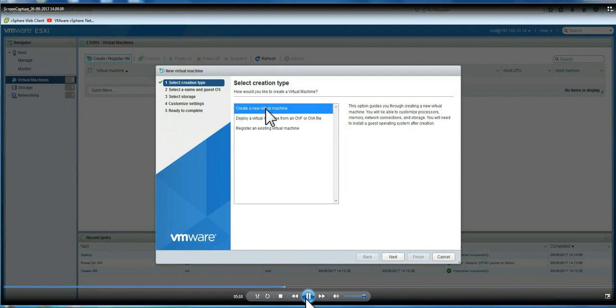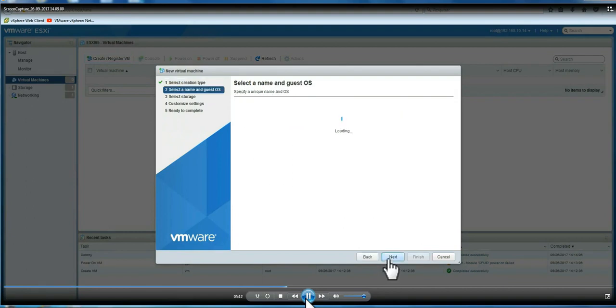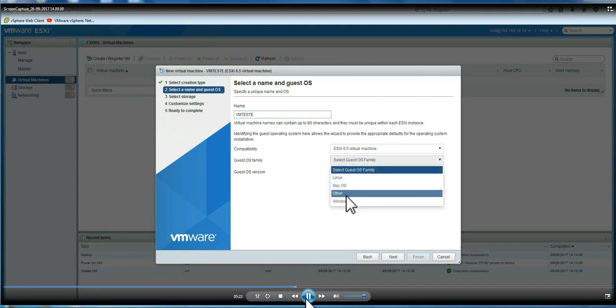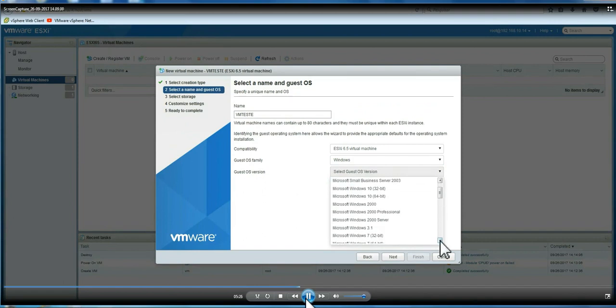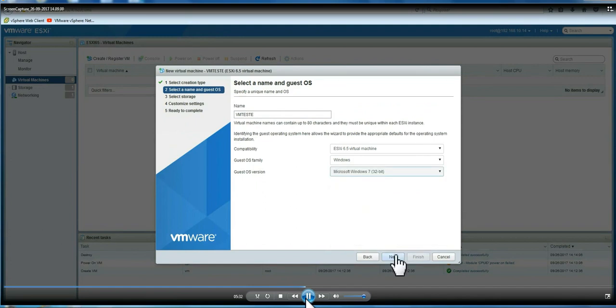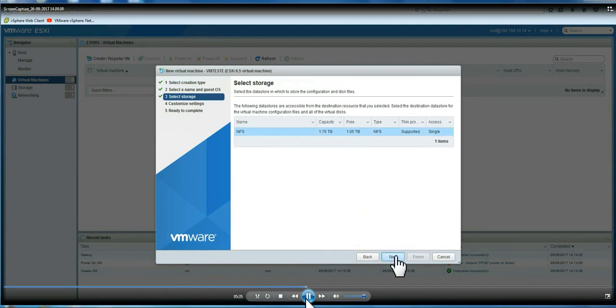This is the same thing as before. Create new virtual machine. We are going to also use the same name. We are going to show this compatibility, Windows, select guest, but now we are going to choose 32-bit instead of 64 bits. Click next, choose our data store,